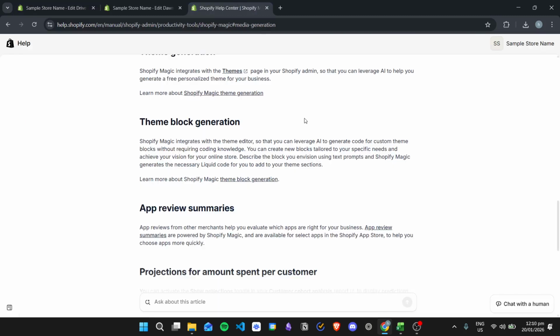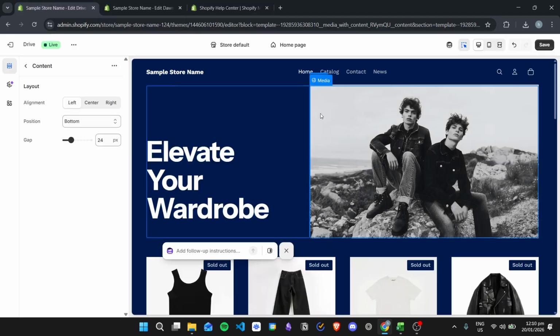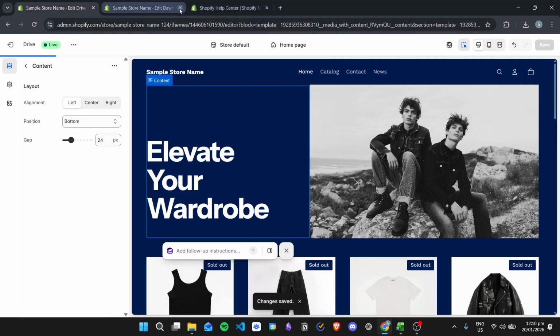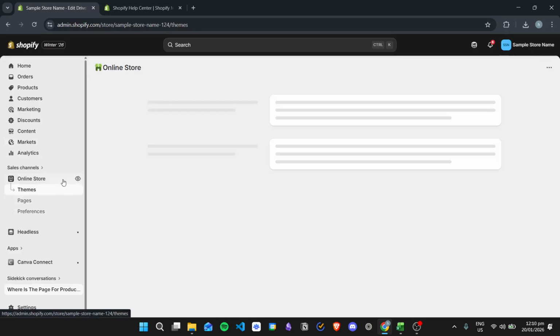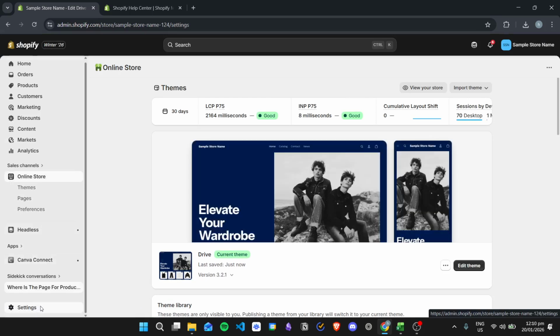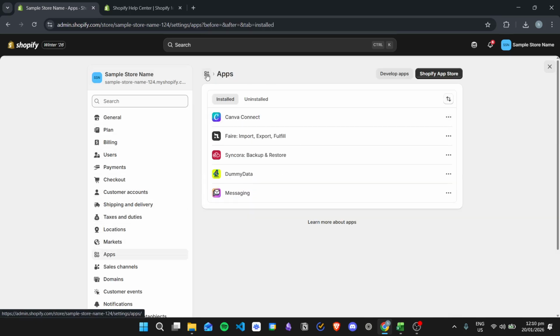And then next we have app review summaries. So if you are searching for some applications in the Shopify store, so for example, I'll save this and then I'll close this tab since we don't need it, then exit. Then let's go to the Shopify store. So for example, I'll just go to settings, apps, and then I want to review an application right here. For example, this Canva Connect. I can open the app